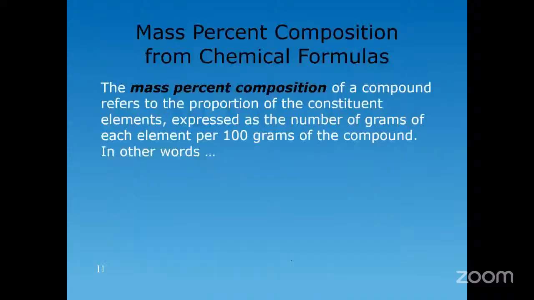Okay, moving along. Again, another topic that you should have met before. Certainly would have met it if you had me for intro. And that has to do with percent composition, specifically mass percent composition. You know what? Before you even get to that,